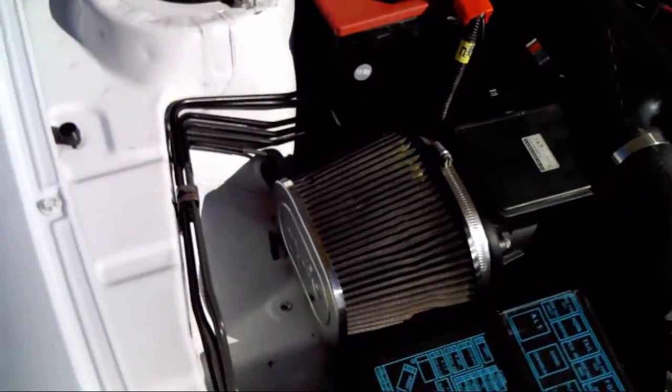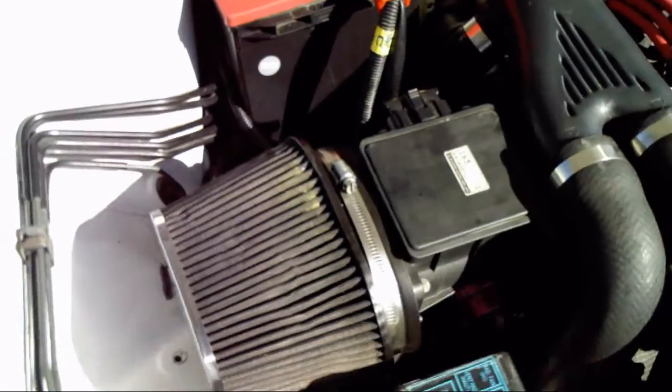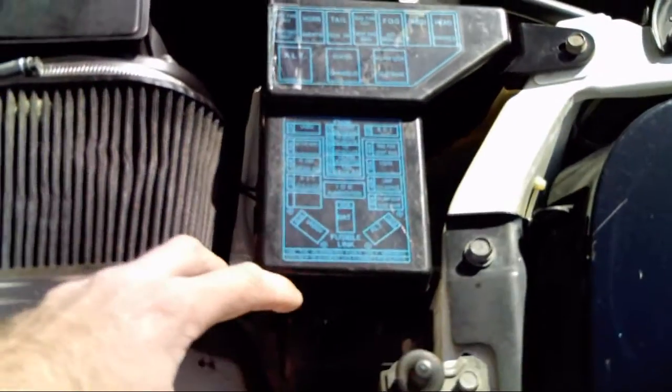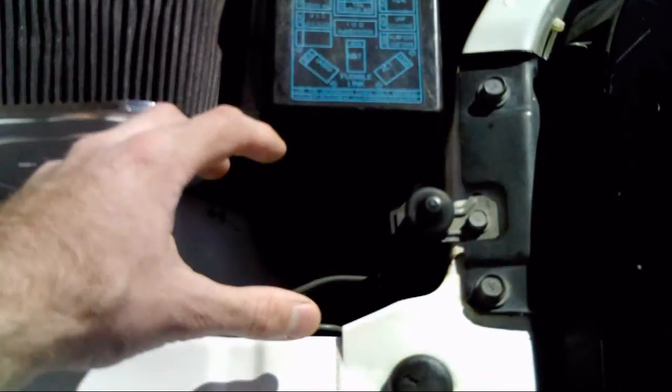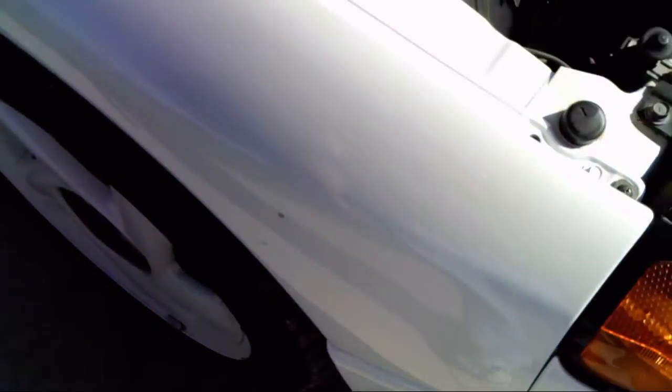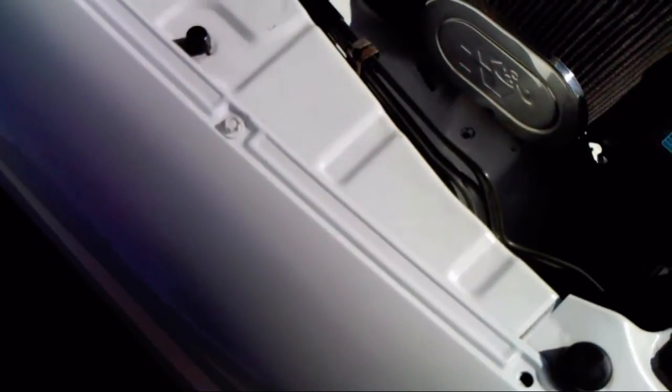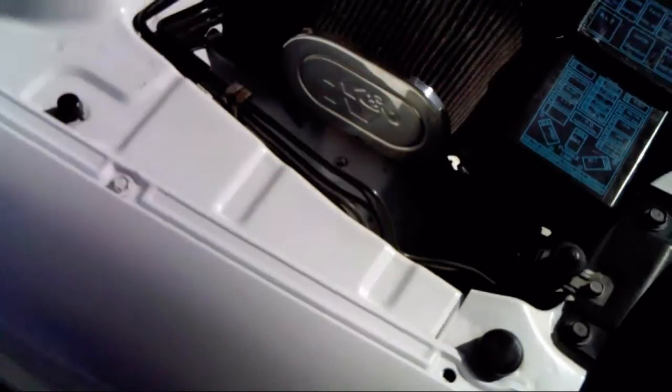Previous owner put the K&N air filter on, and he actually put a Blitz SBC DC controller and had the solenoid box sitting right here, and I went ahead and took that and tucked it away into the fender well there, and I had to lengthen the wires, but it turned out pretty well. I think I soldered all the connections, staggered the joints so there's no risk of actually getting any kind of